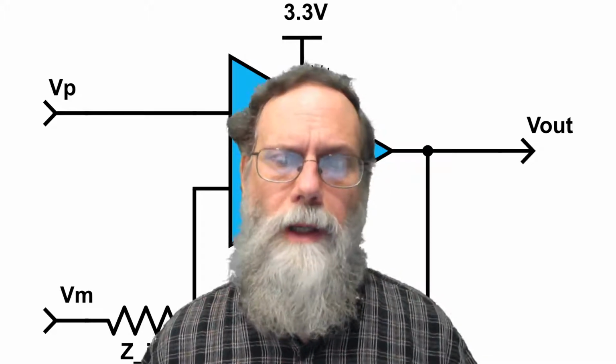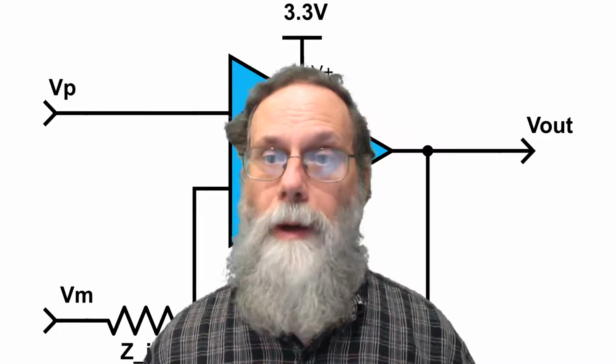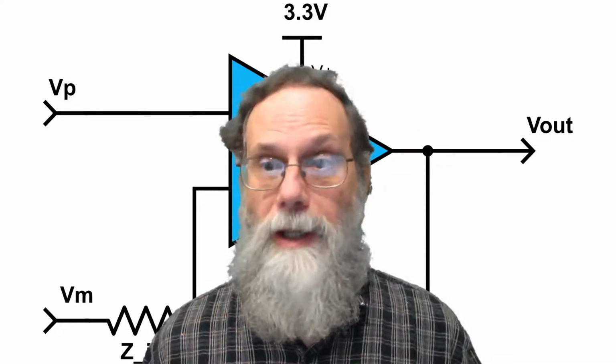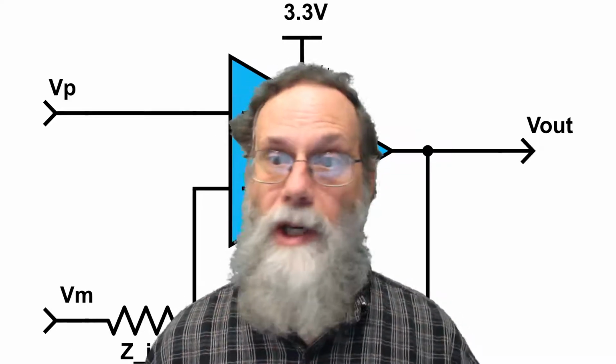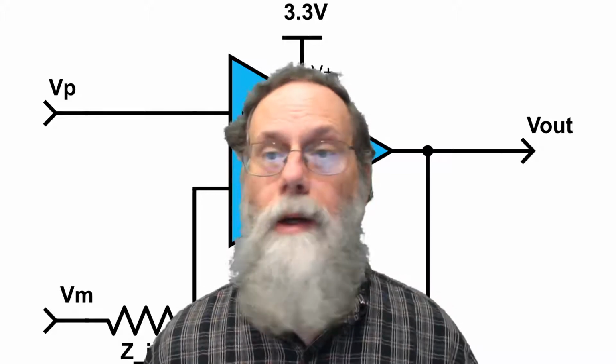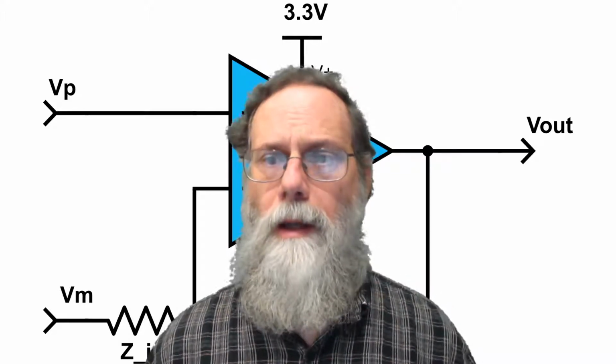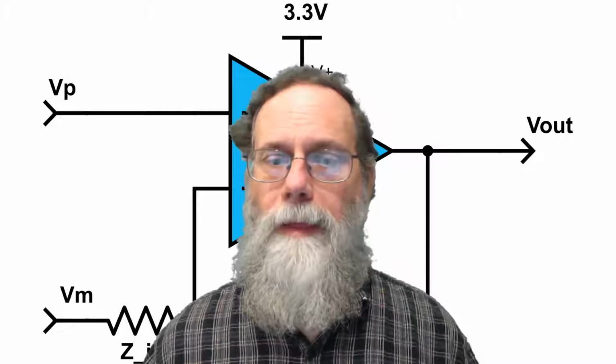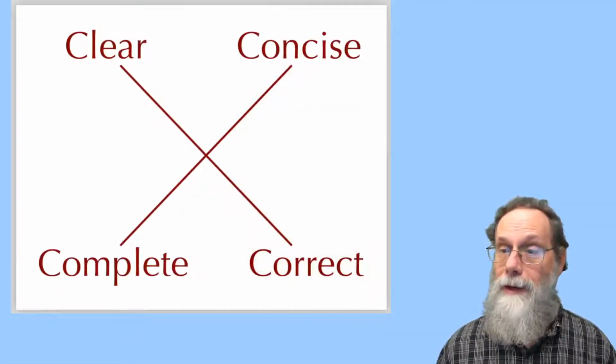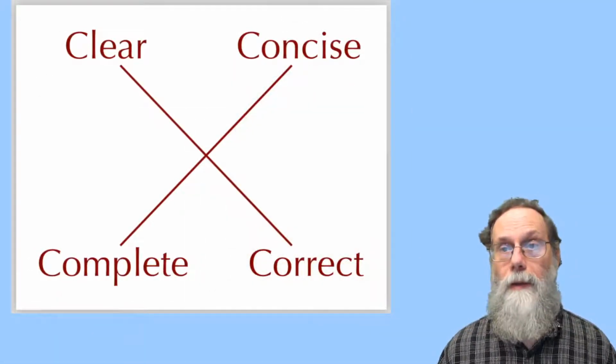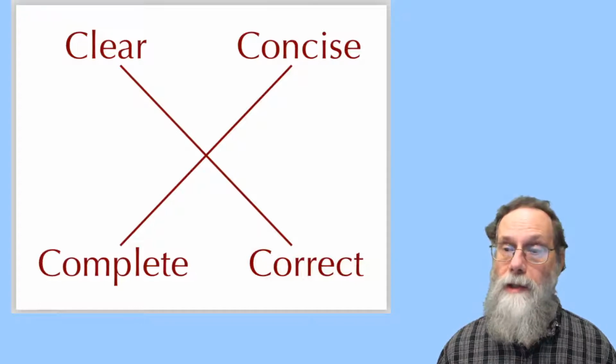We're not doing newspaper column writing, where you might be given a target of 27 column inches, and you can't be an inch under or an inch over because then it won't fit. That's not the sort of writing we're doing. What we're doing is summarized by the 4 C's that we had in a previous video. You're trying to be both concise and complete.